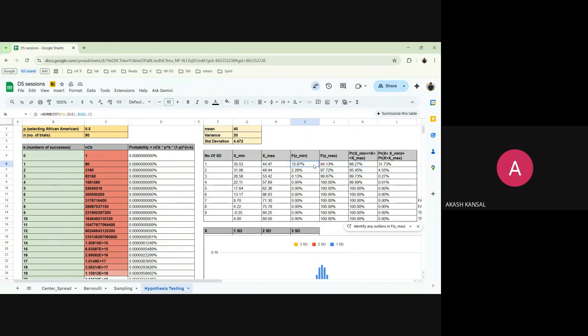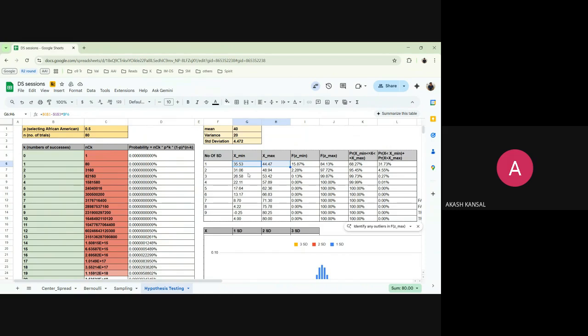Now we already know the F scores, right? To get the probability of x between the minimum and maximum value, or z minimum and maximum value, we just subtract the F scores, and we get 68.27, which we already know for standard normal distribution. For standard normal distribution, almost 68% of the values lie within one standard deviation from the mean, right? And in column L, you just have the area or the probability that x doesn't lie between 35